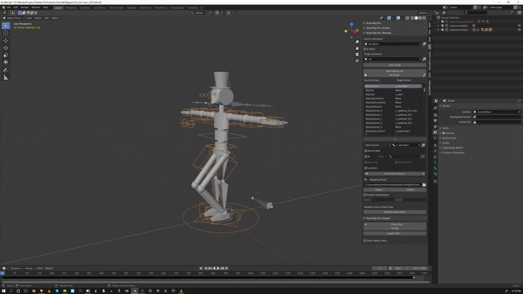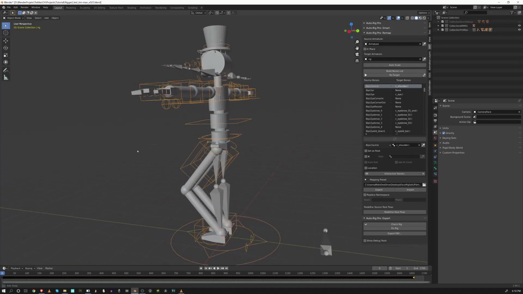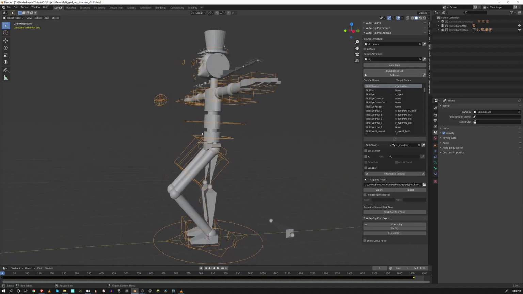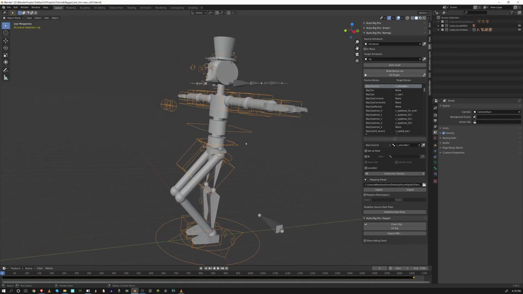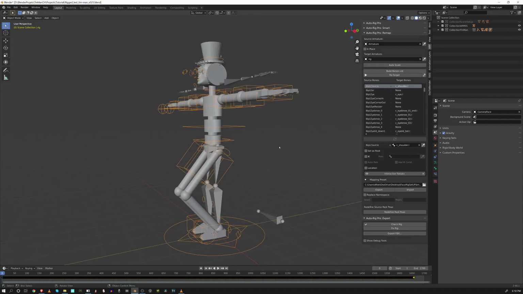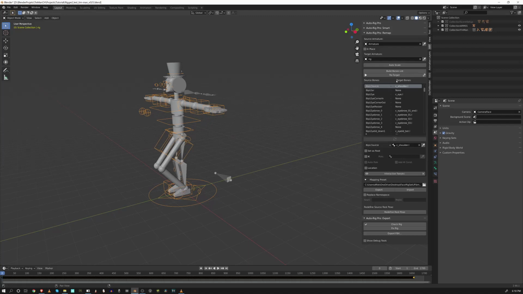Now we have a good retarget, and the reason why I say that right off the bat is because the root of my character and the root of the target character are now in the same location. That's a good way to know that, hey, okay, we have a good transfer. And that's what's good about auto scaling, because it's at a 1-to-1 ratio. So if I play this,